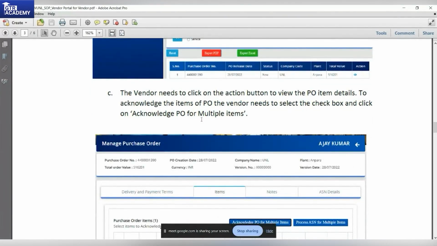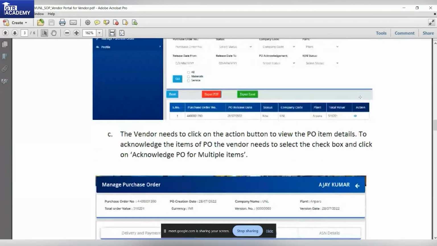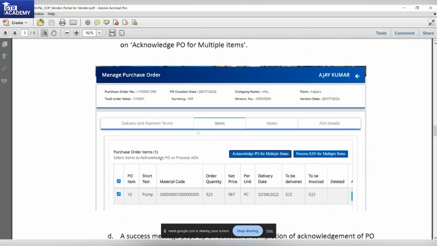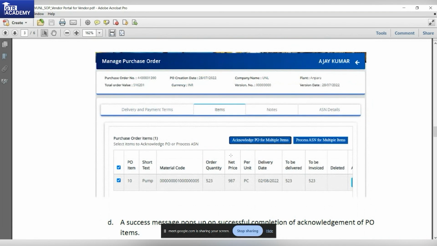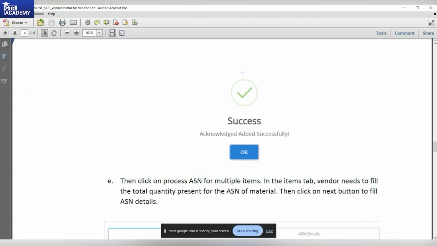So when you double click on the item, or you can also go to the action button, what this is doing is you can open this item and put multiple ASNs. You can put acknowledgement first. First you need to acknowledge, then you can put ASN. So after you put acknowledgement that we have received this PO and we are ready,